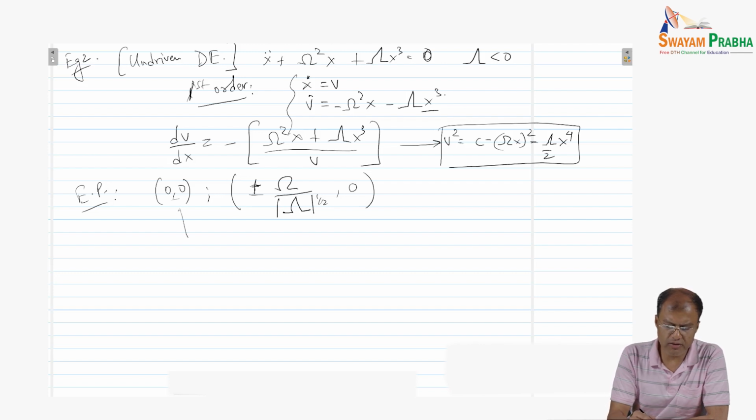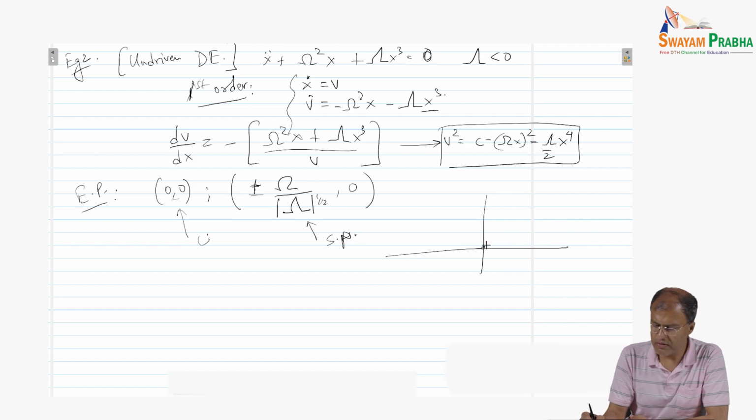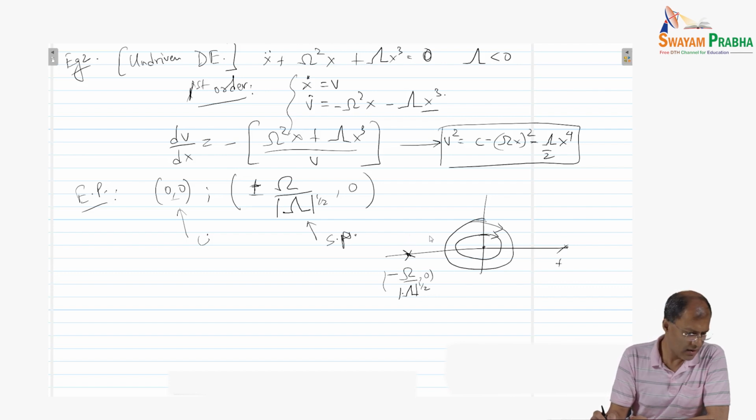We can check that 0, 0 is a center, and we can check that these two equilibrium points are saddle points. And if we complete the phase diagram, we expect the trajectories close to the center to be circles, and the trajectories which are closer to these values minus omega by square root of lambda comma 0 and the plus value, these are